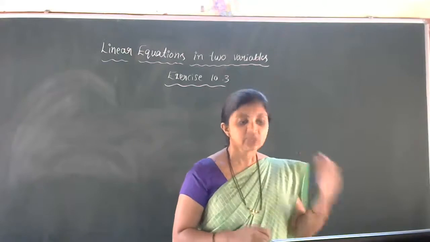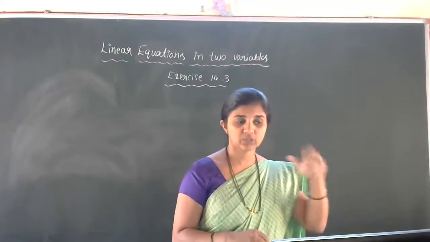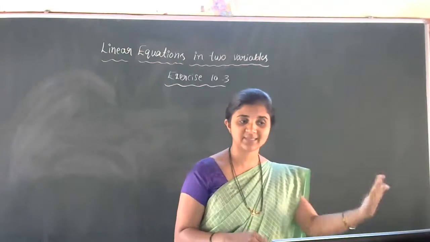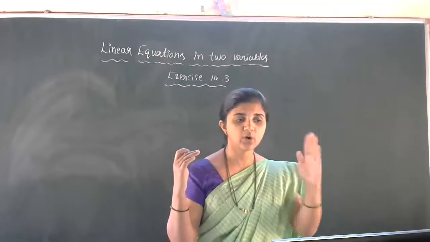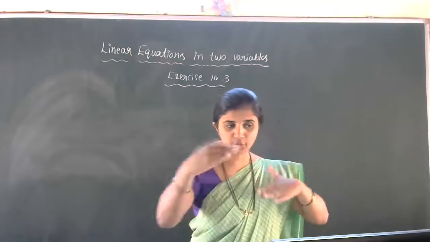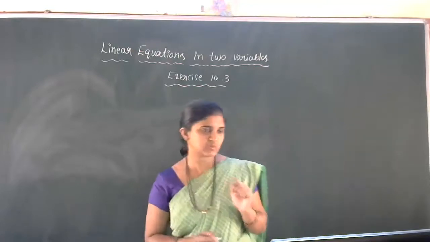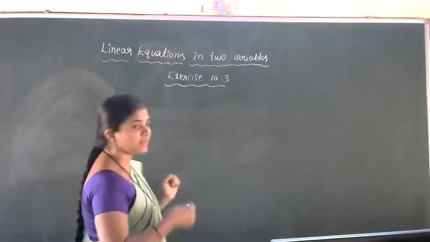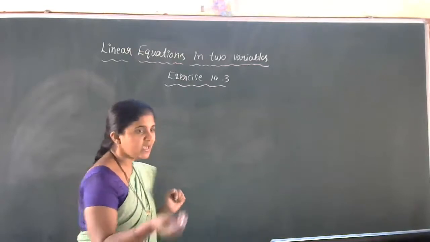Okay, so next what we have to do, actually we have to take Yamini's contribution as X and Fatima's contribution as Y. Take one person's contribution as X and the other's as Y. Let us choose Yamini as X, since her name comes first. Let the contribution of Yamini be X.